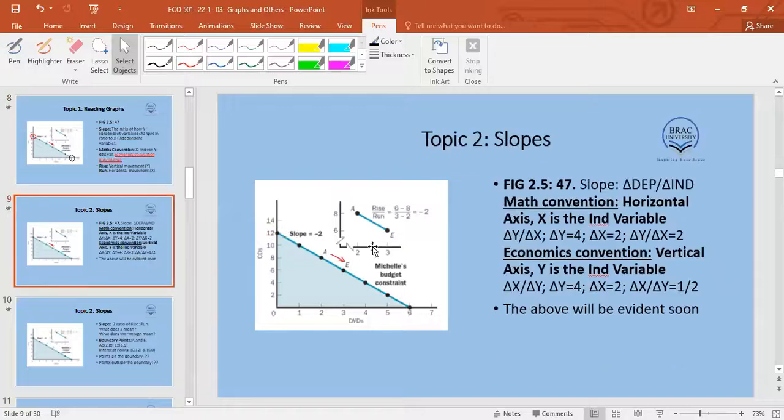আচ্ছা এখানে জিনিসটা আরো ইজি হবে। If you look at figure 2.5 in Steel and Wolf, page 47, this is the common definition of slope, the general definition: change in dependent due to change in independent. এখন প্রশ্ন হচ্ছে independent কোনটা, dependent কোনটা? If independent is x, then we are looking at the change in y. If the independent is y, we are looking at the change in x. Ever clear? স্যার এবার বুঝতে পারলাম।